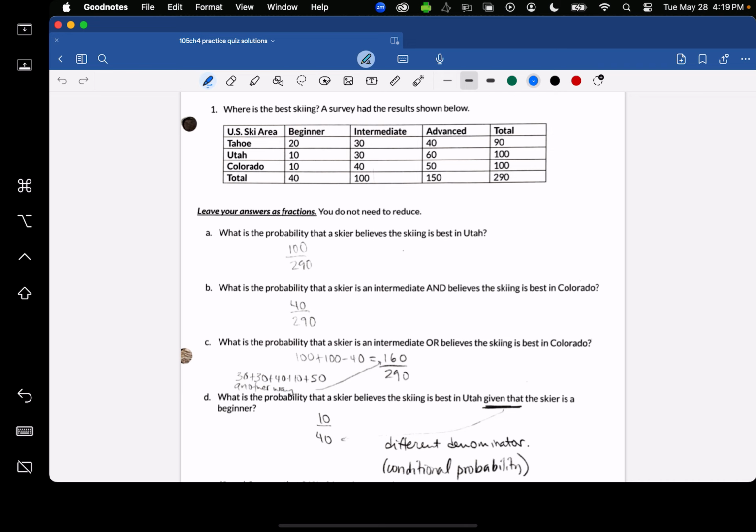All of these answers, except one, are fractions out of 290. The probability that a skier says skiing is best in Utah: 100 people voted for Utah out of 290. And so that's all you need to write down for that. If you want to get a decimal, then you can type in 100 divided by 290 on your calculator, and that will be